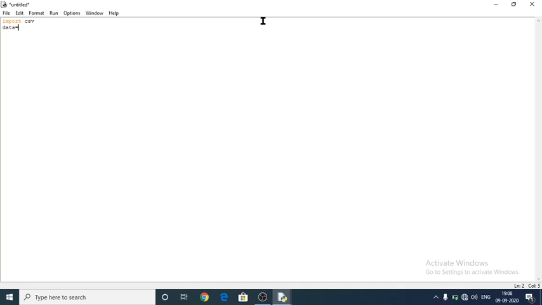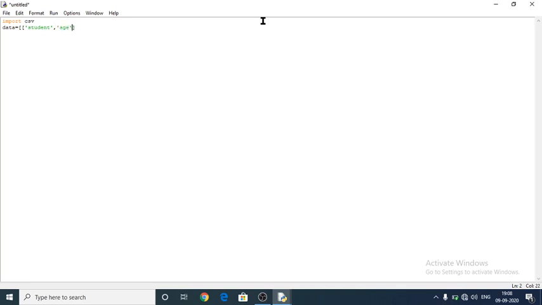Data is equal to, here you have to give square brackets, and first you have to create a field name: student, comma, it should be within single quotes or double quotes, and next one is age.